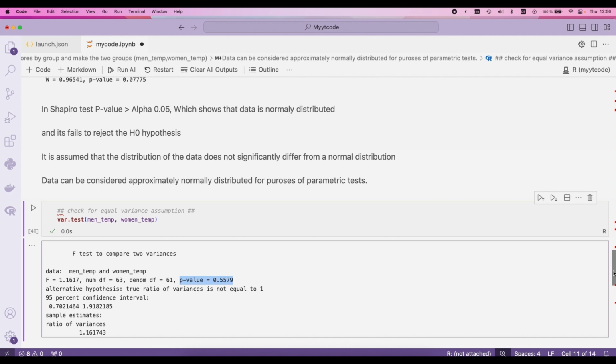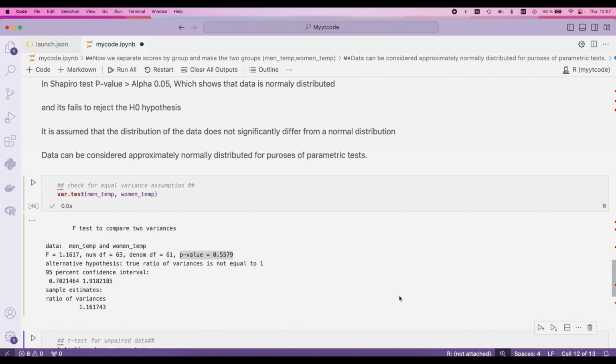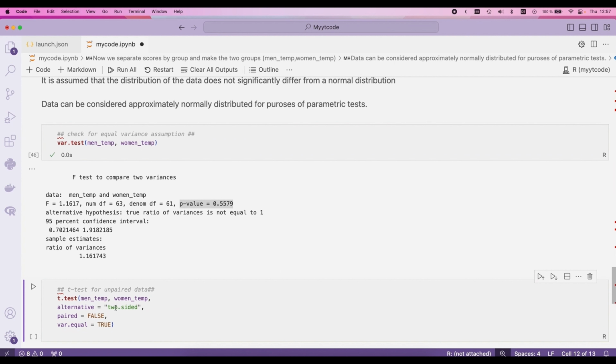So now we know our data are normal and the variances are equal, and that gives us enough information to run the t-test. The function to run the t-test is called t.test. In this t.test we need to specify a few things. We just come here and write t.test, which I have already written here, and we give both vectors, the men's body temperature and the